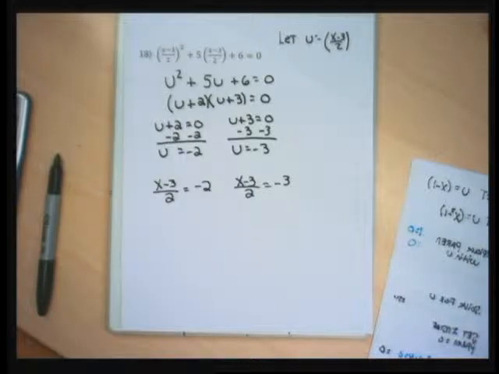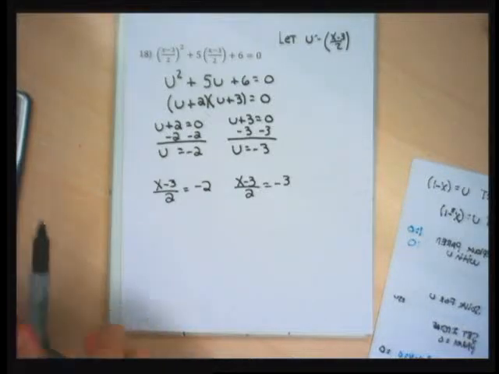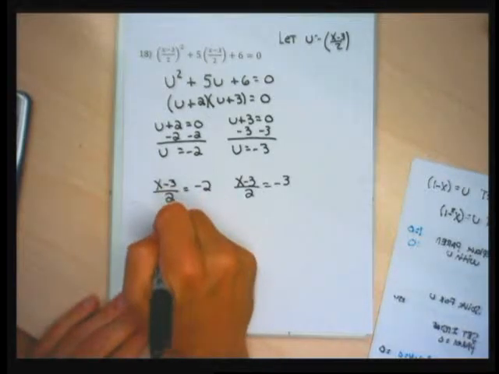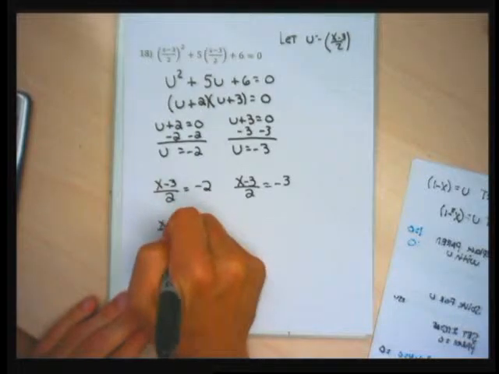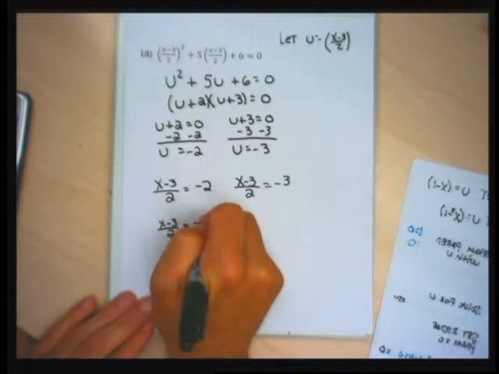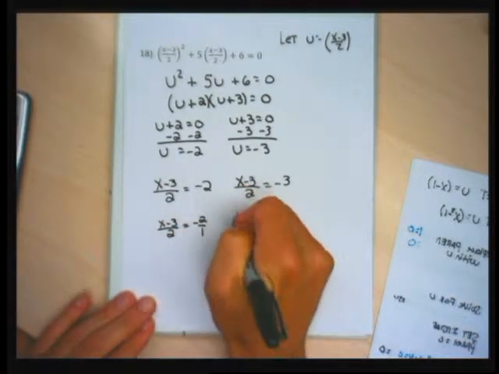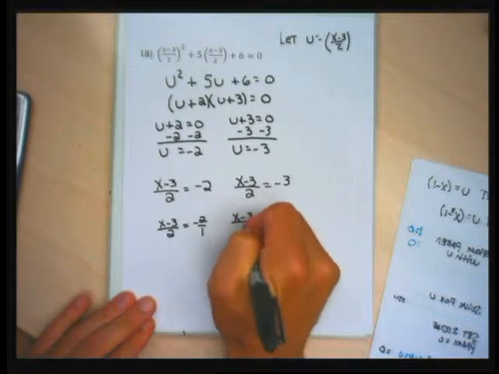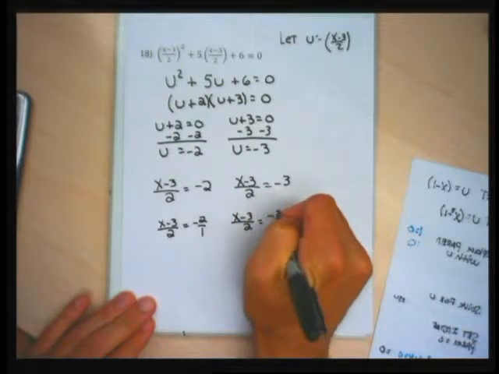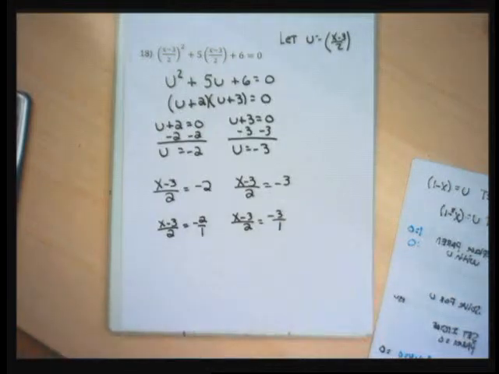This is the kind of problem I'd like to solve by cross multiplying. I don't have any squares, so I don't need factoring. I have a fraction, and I like when I have fractions and equal signs to solve by cross multiplying. So I'm going to set these up to solve by cross multiplying. Again, the chances of this making it onto your test are really minimal. The first two U problems are definitely test worthy. These not so much. But good to see,